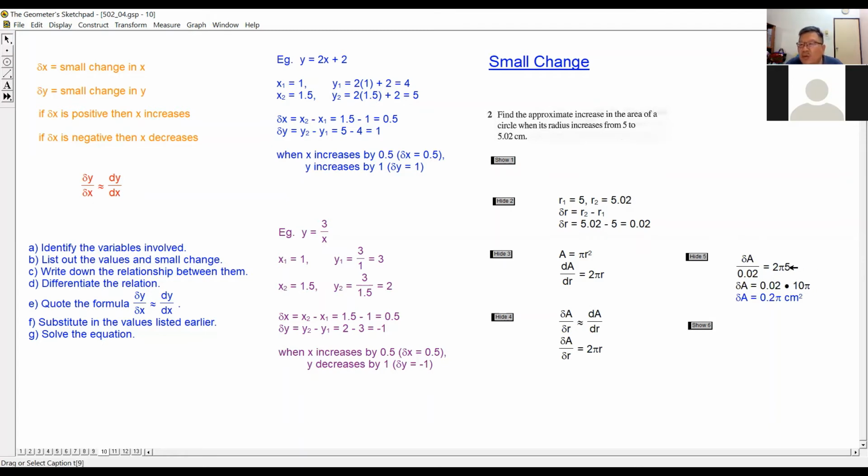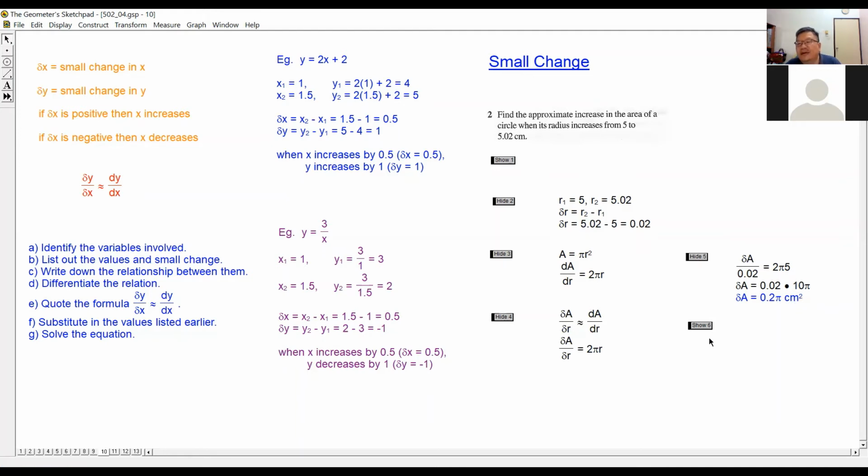So for the R here you substitute R1, not R2. Okay or not? So when you work this out, the answer delta A is 0.2 pi